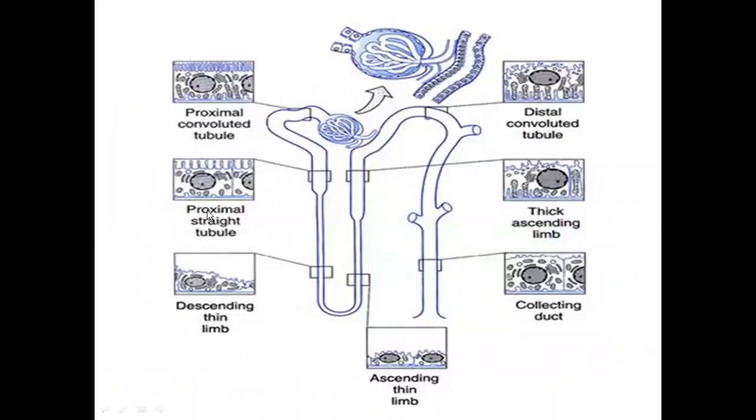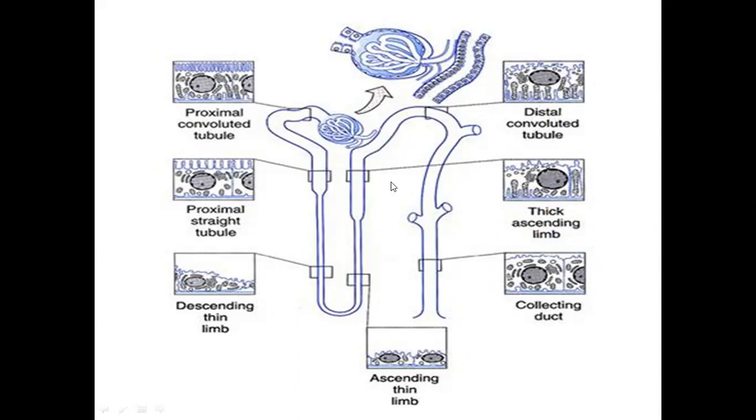Now it is a summary. We'll look at different components. This is renal corpuscle. Adjacent to it, there is macula densa component of the distal convoluted tubule, and then they have shown what type of cells are lining and what are their basic features. In proximal convoluted tubule, the nucleus is appearing round, giving it a cuboidal nuclei appearance, and then it has lots of microvilli on its brush border appearance, proximal end.